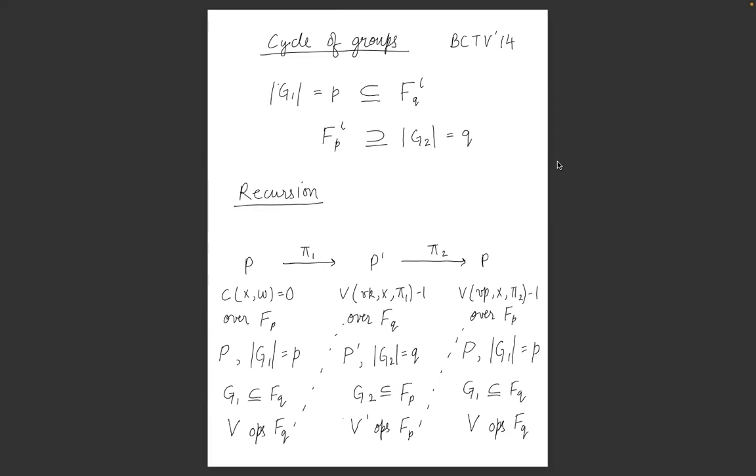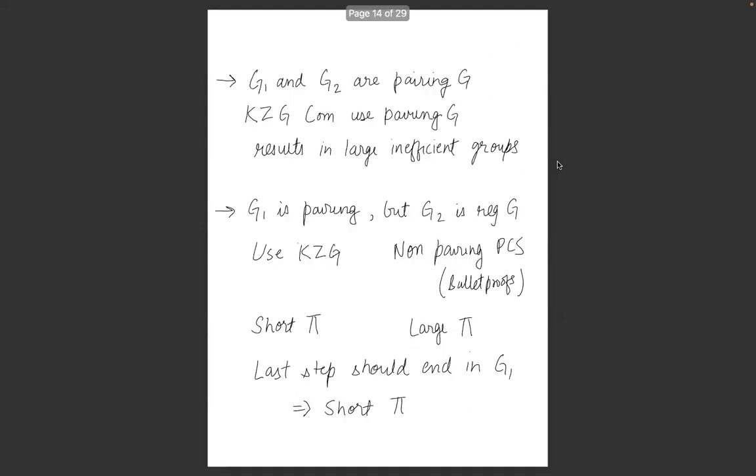So again, the main point is that we cycle between these groups, so that the verifying and the proving circuit are compatible. There are different choices for G1 and G2. We can have G1 and G2 as pairing groups, but usually these pairing groups result in very large